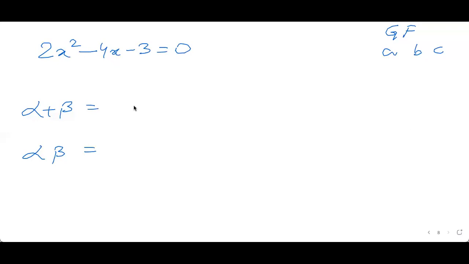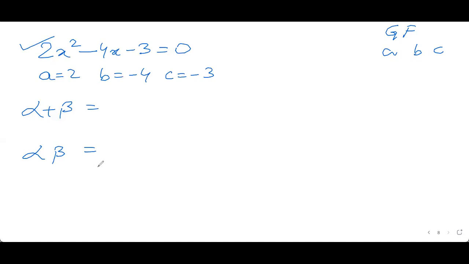First thing, is this a quadratic equation in general form? Yes, it is, because on the left hand side, we have an x square term, we have an x term, and we have a non-x term. Finally, on the right hand side, it is 0. So yes, it is in the general form. Because we have confirmed that it is in the general form, we can say A equals 2, B equals -4, C equals -3. Check your answers.